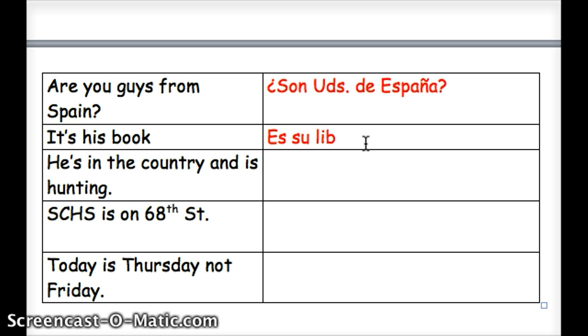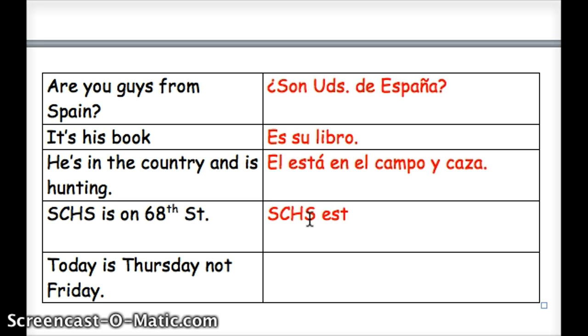Su libro. He's in the country and is hunting. Well, if he's in the country, there we're talking about location. So, él está en el campo y caza. South is on 68th Street. That's location. Está, form of